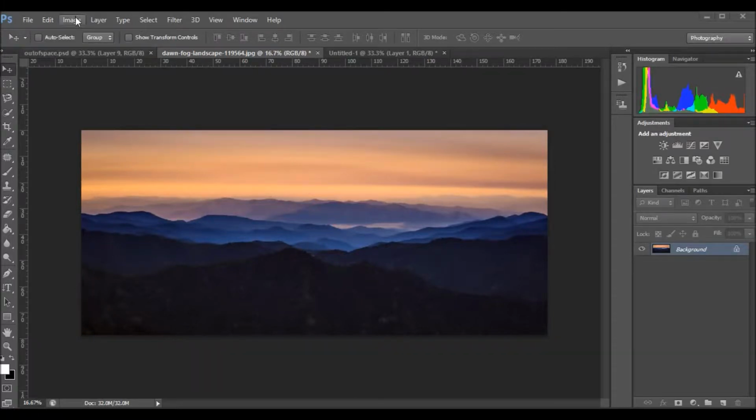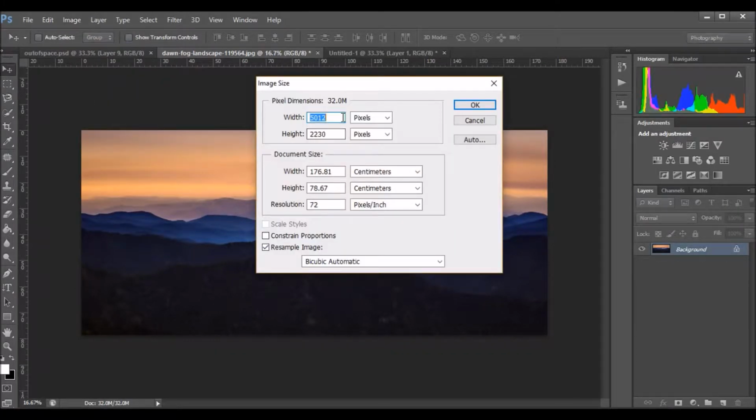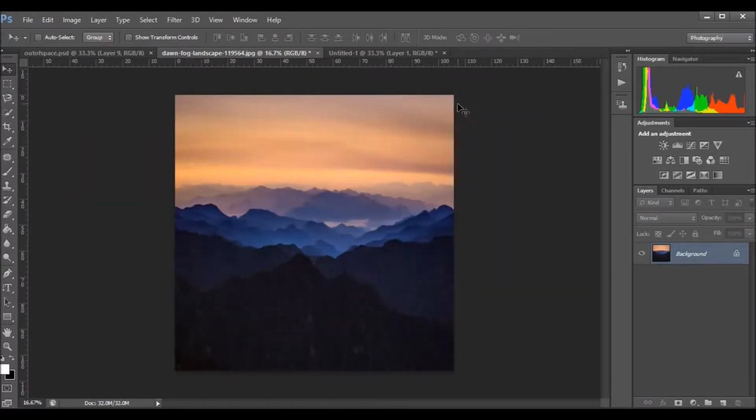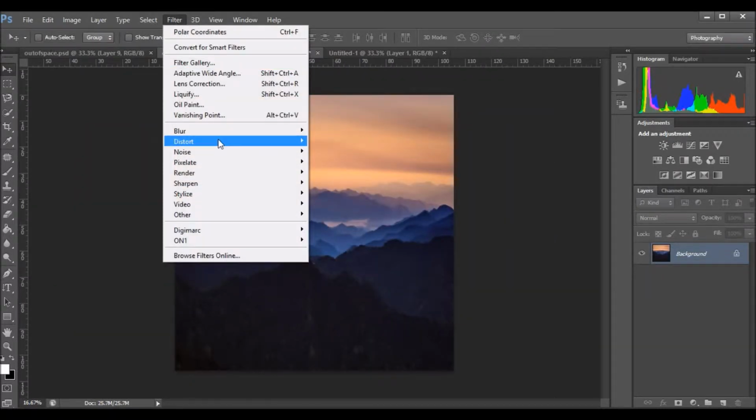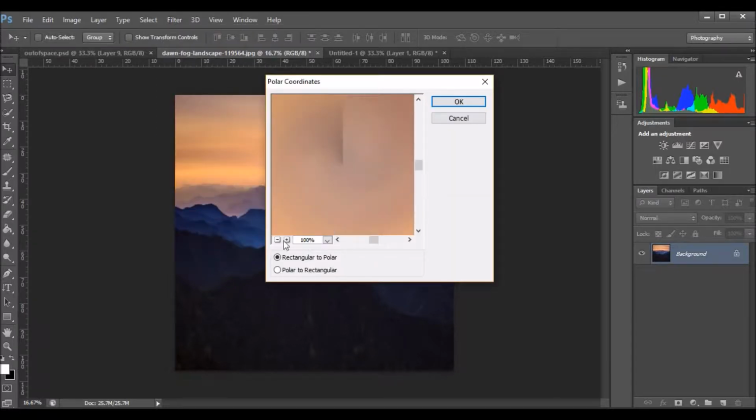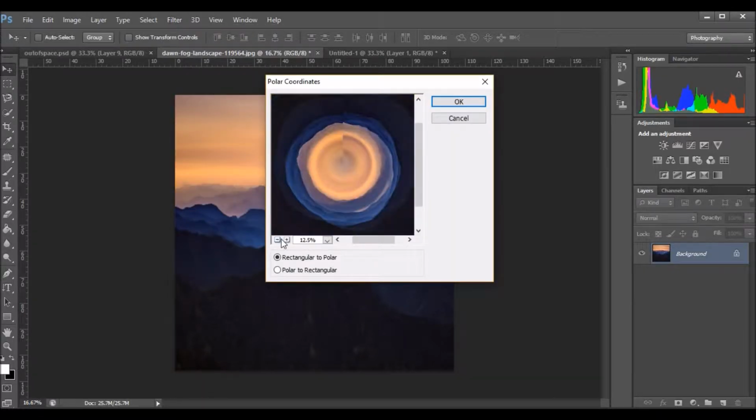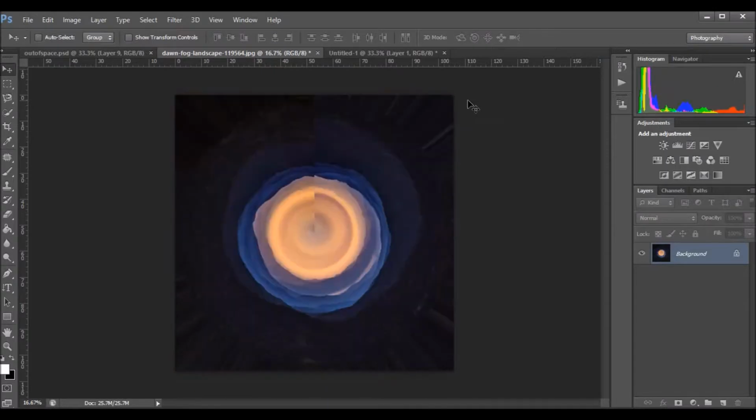Okay, so the first thing I'm going to do is change the image size to 3000 by 3000 pixels, and then after that I'm going to go in Filter, Distort, Polar Coordinates, and zoom out to 12.5 and then click OK. And then what I'm going to do is make a copy of that layer, and then I'm going to